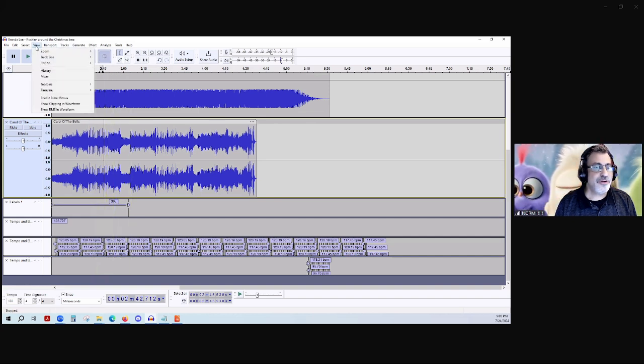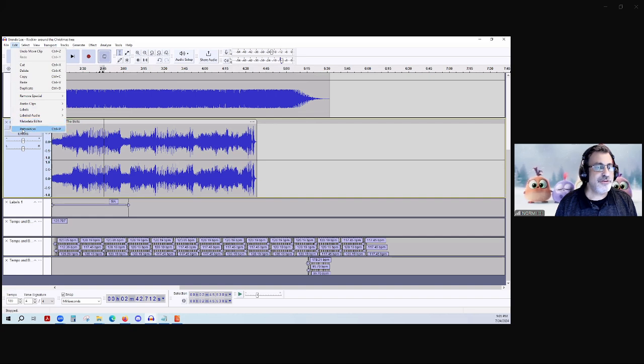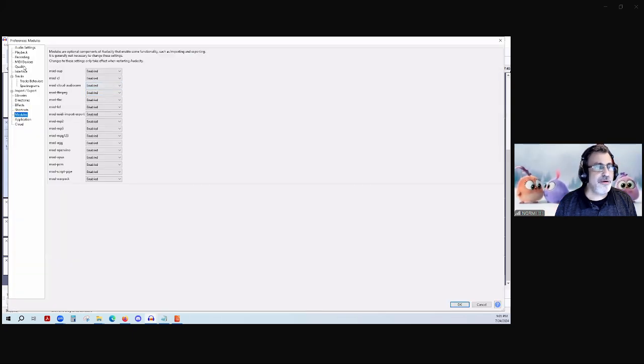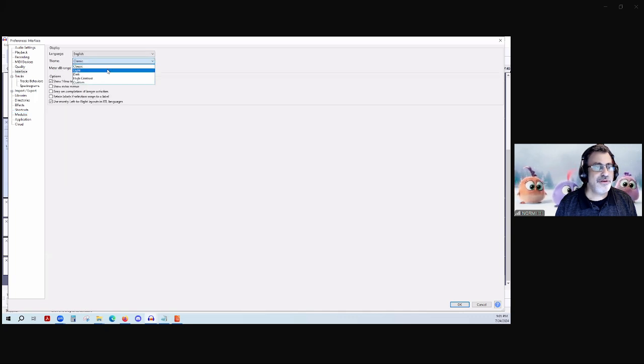Let's see, just real quick, what else can you do in here? I don't know, there's so many different things in here. Preferences, let me show you real quick. Come up here, last thing, because we did talk about the different modes, the themes. Here's your dark mode.